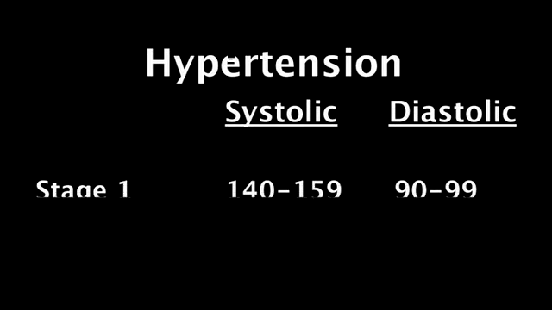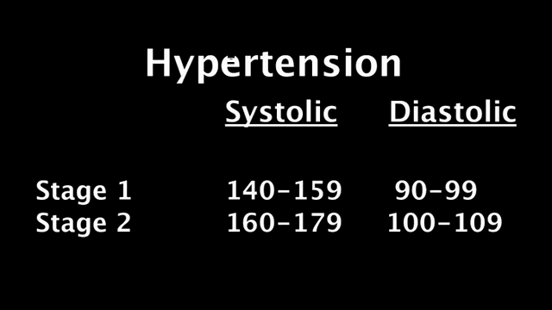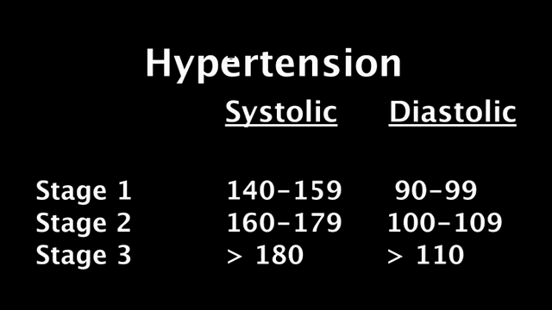Stage 1 has a systolic between 140 and 159 millimeters mercury and a diastolic between 90 and 99 millimeters mercury. Stage 2 hypertension has a systolic pressure between 160 and 179 millimeters mercury and a diastolic pressure between 100 and 109 millimeters mercury. Stage 3 has a systolic pressure greater than 180 millimeters mercury and a diastolic pressure greater than